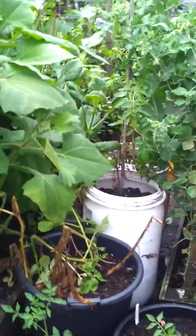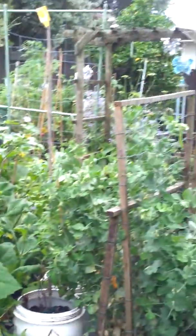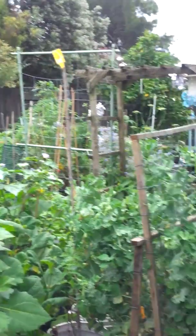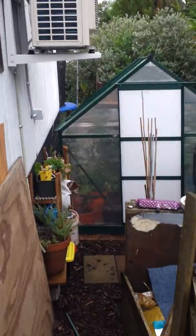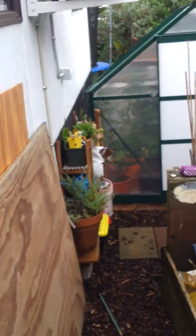Sort of an overview. It's a small garden, as you can see. I've just squeezed a lot in it, which is cool. And then down to the greenhouse,